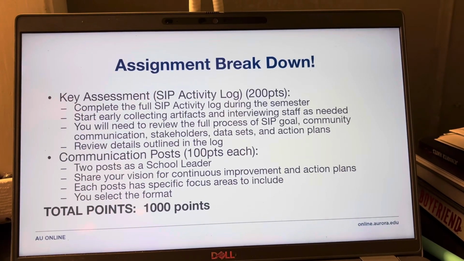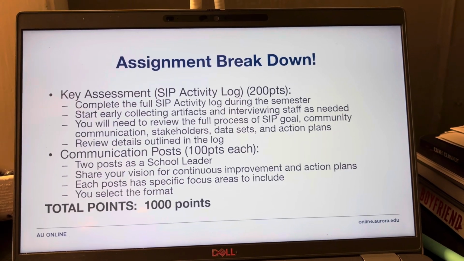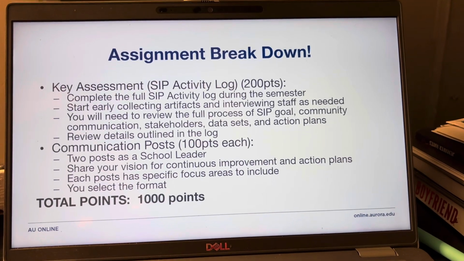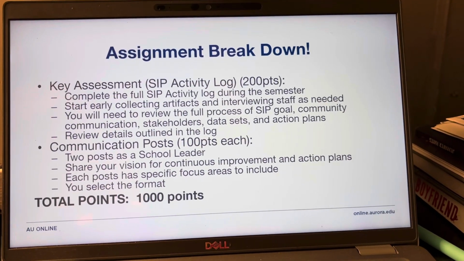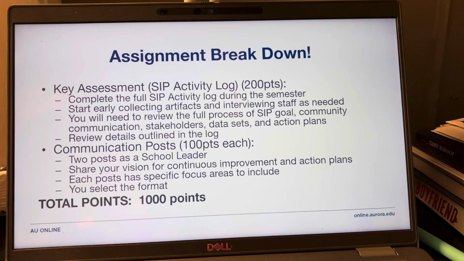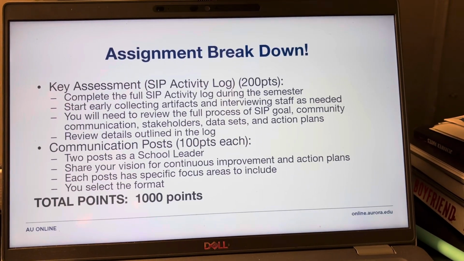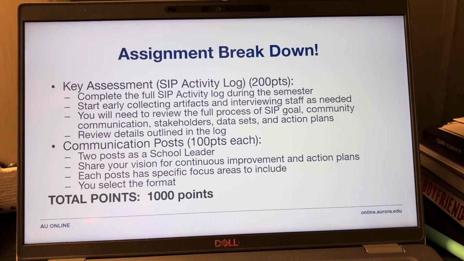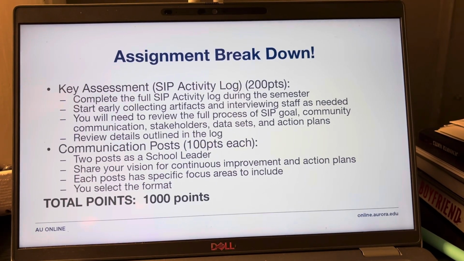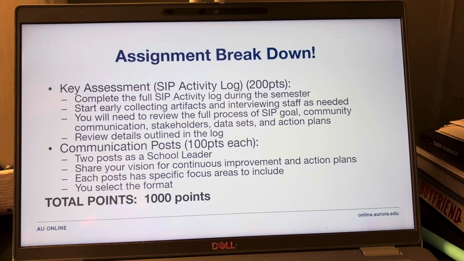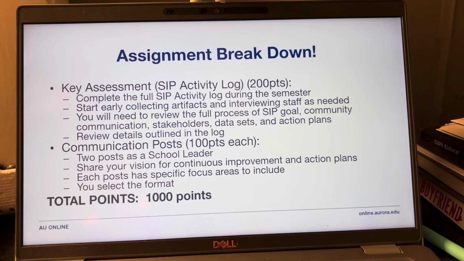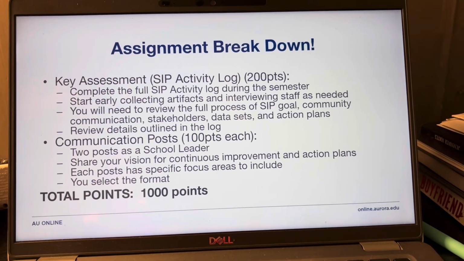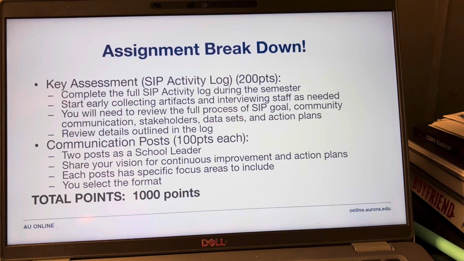But we will go through this activity log multiple times this semester. But I always like to give students a heads up, especially in the summer, because sometimes it's hard to find people that were on this team because they go home for summer pretty quickly. So in the month of May, before people escape you, do some digging, find these things, talk to people, collect as much as possible. And then in the month of June during our class, we will start digging and putting it together. But I don't wait till the end on this one, because then you start to lose access to people and things.